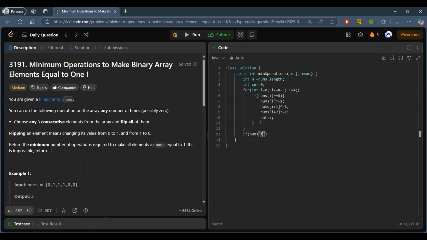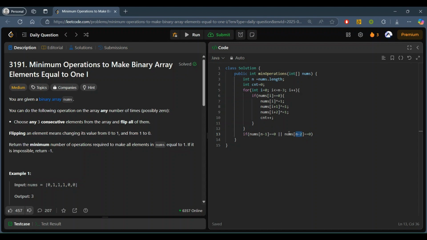And then if nums of n minus 1, meaning the last element, is equal to 0, or nums of n minus 2 is equal to 0. Okay, so in that scenario we first have to check what constraints are given, because what if there is only one element?